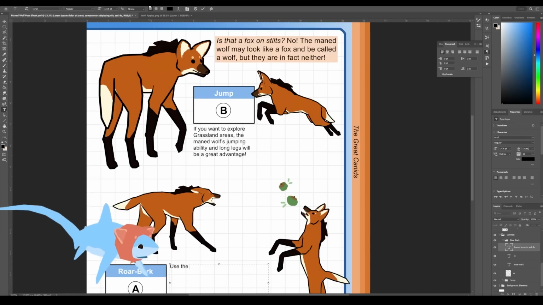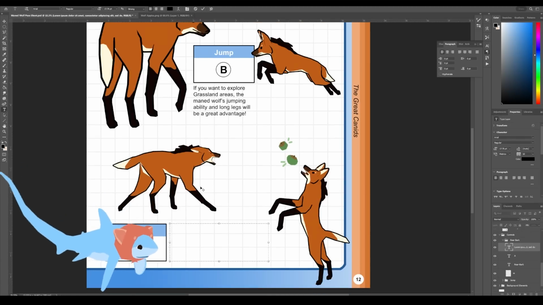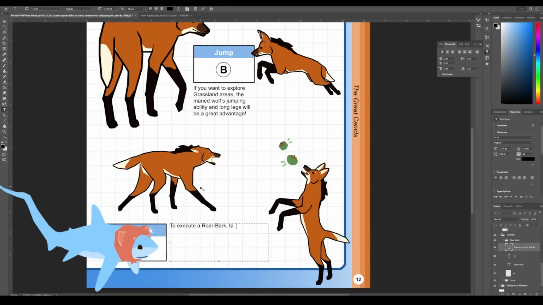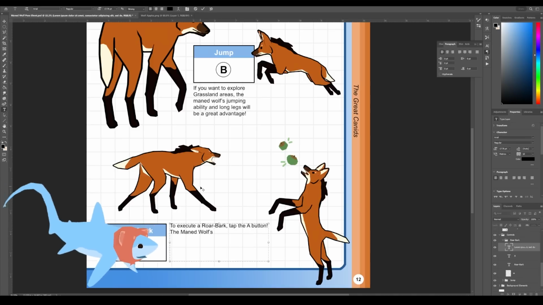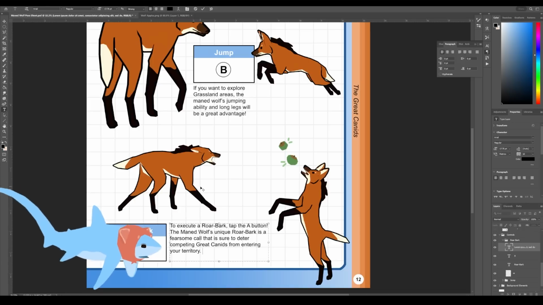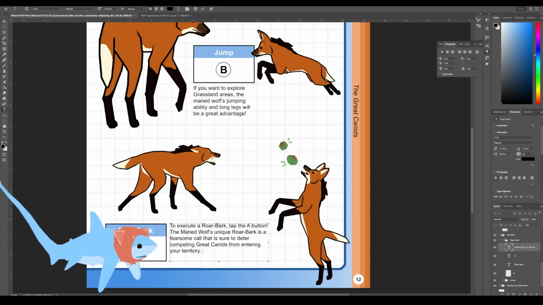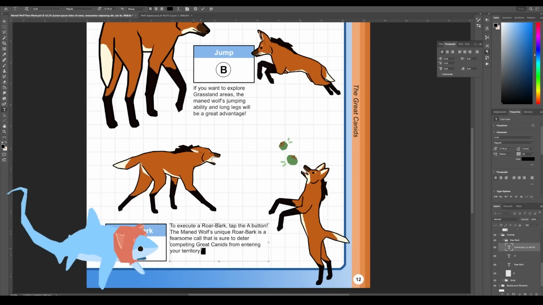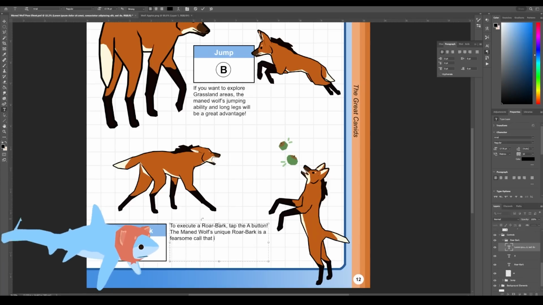It's not quite a howl, not quite a bark, kind of a drawn out yelling, barking sound. Roar bark is an excellent name for their call, and you can find even better clips of them doing that vocalization here on YouTube. The LA Zoo wrote that maned wolves primarily communicate via scent marking, but they will roar bark to their mate to let them know where they are or to ward off other maned wolves from their